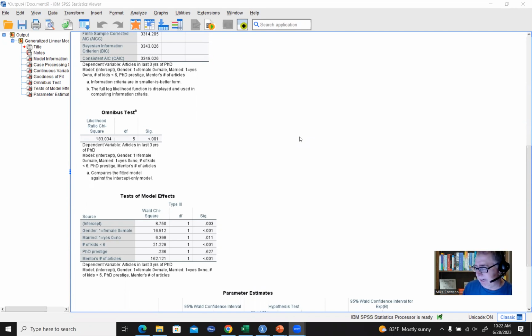McFadden's provides a more descriptive approach to judging the fit of a model. It represents the proportionate improvement in fit of our model containing our predictors relative to a null or intercept-only model. And unfortunately, you can't generate that directly in SPSS, but you can actually